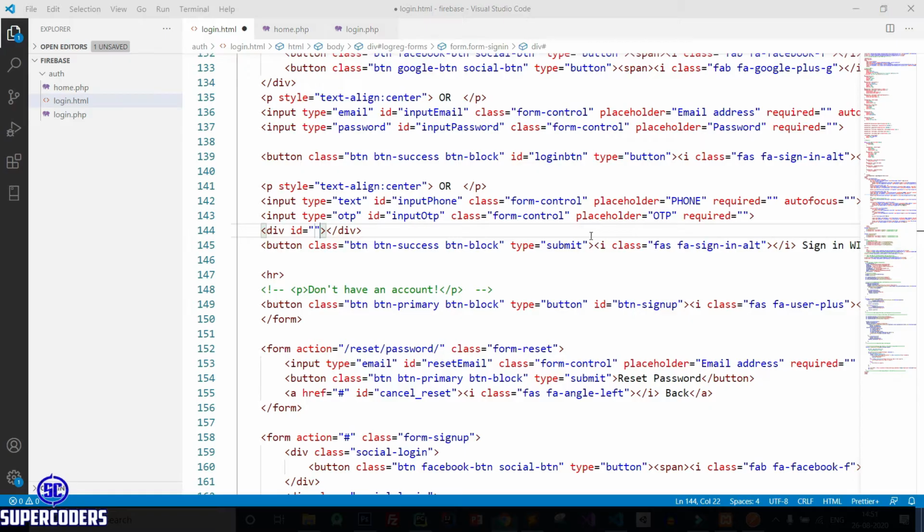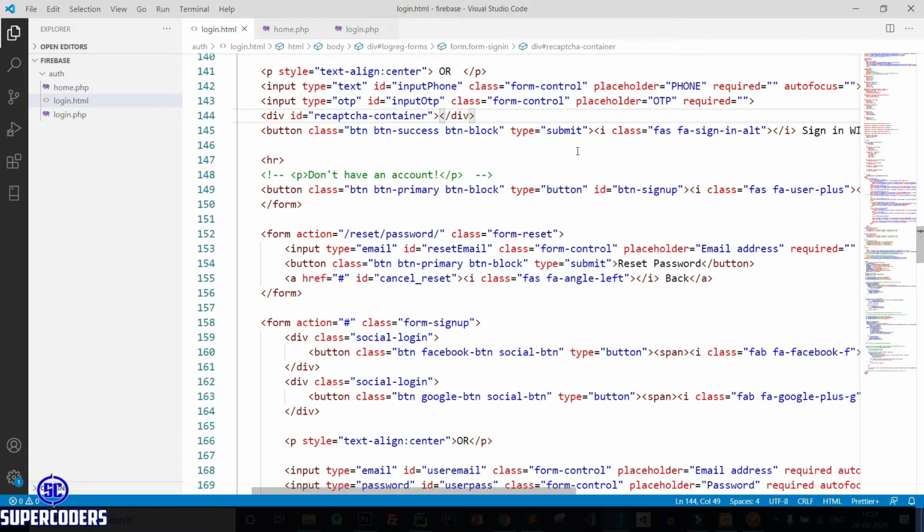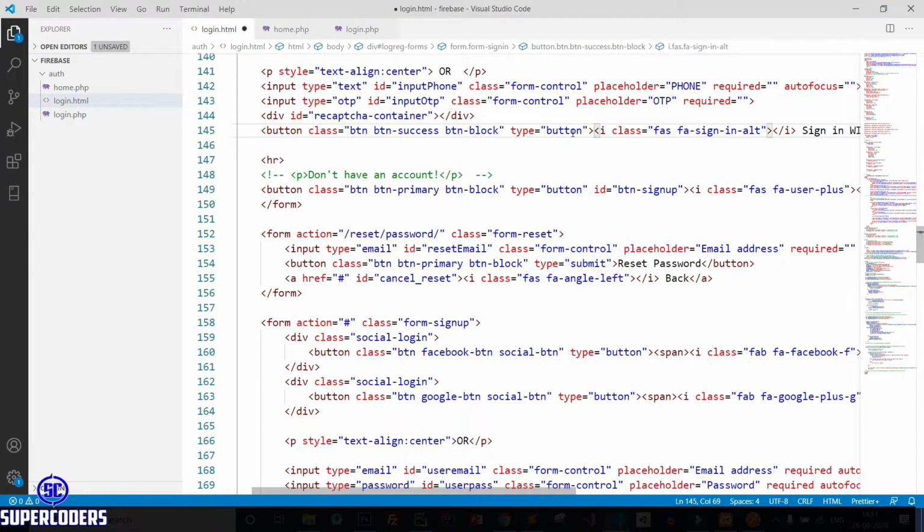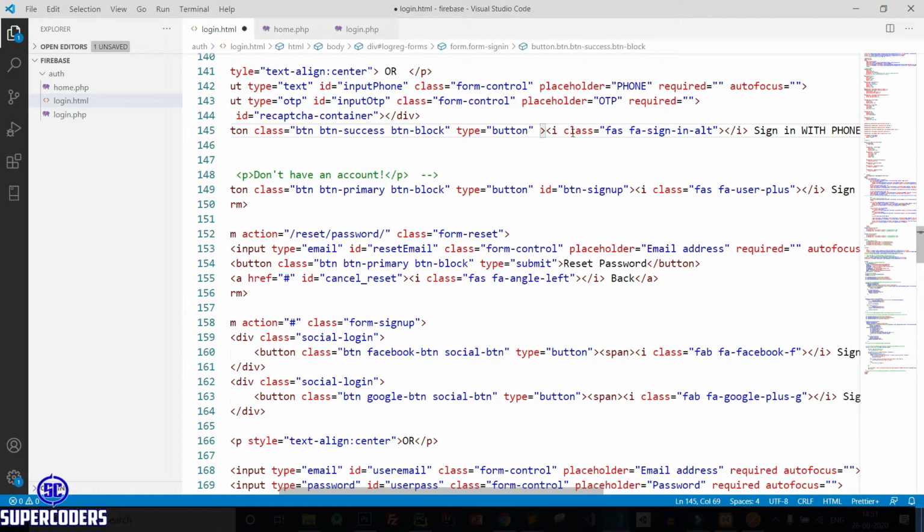Copy this, paste here, save it. Now change this to button, giving ID phone login button. Copy this,